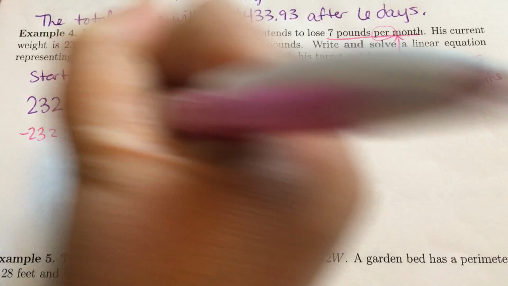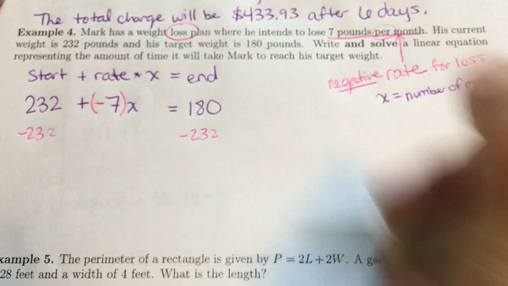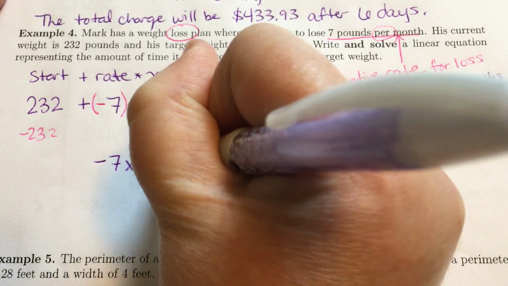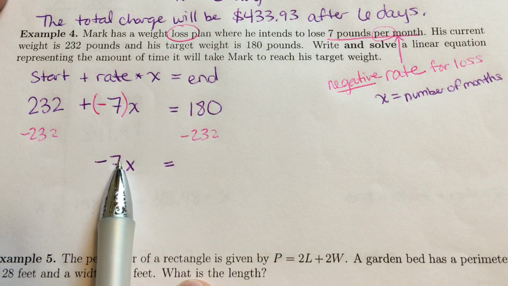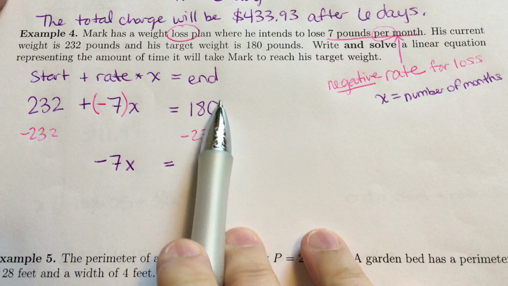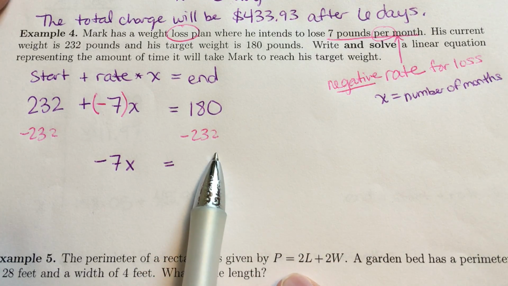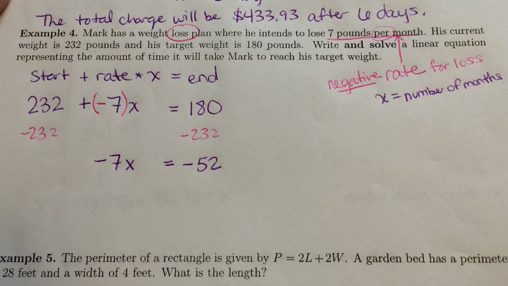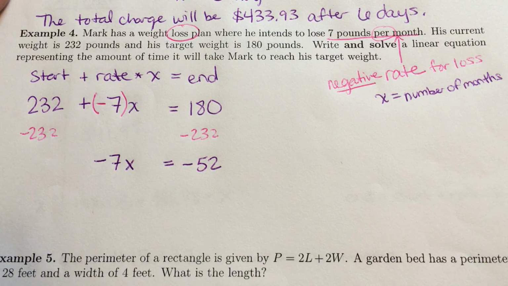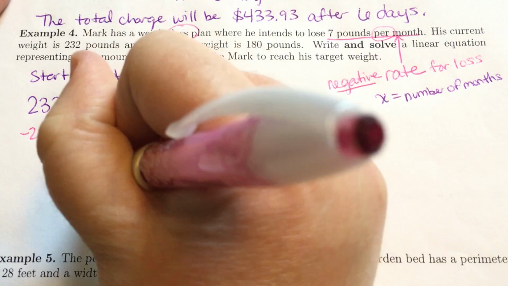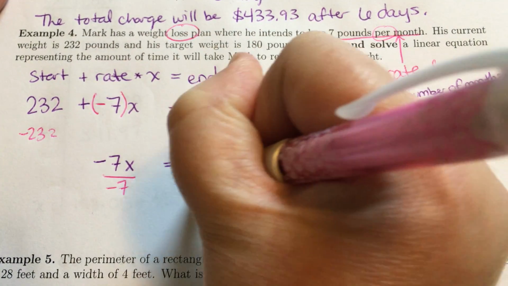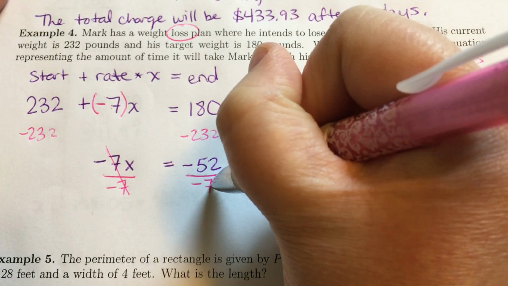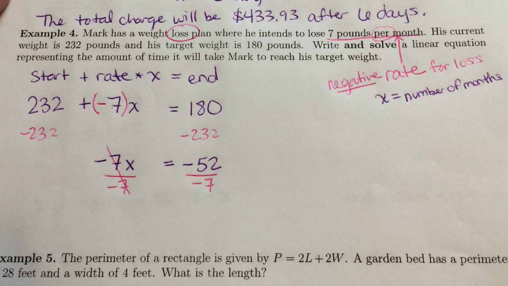So now I just solve it like normal. I'm going to subtract 232 from both sides. But now what's left is negative 7x on the left side. And on the right side, again, we're allowed to use a calculator on these. I got negative 52. Actually, that one's not too bad to do in our heads. And so because we changed that to a negative 7, now a negative divided by a negative makes the answer positive, which we